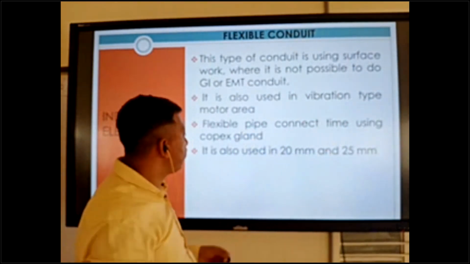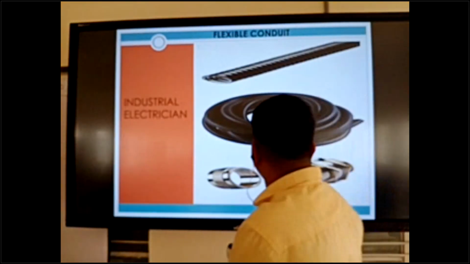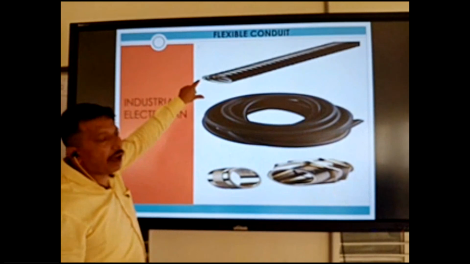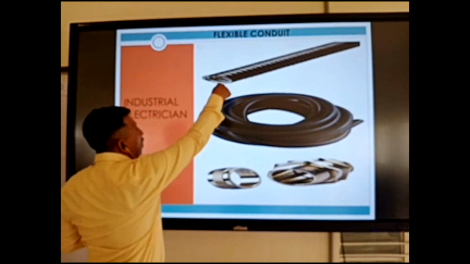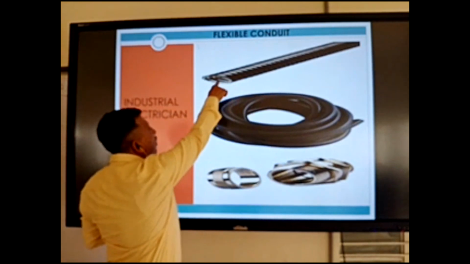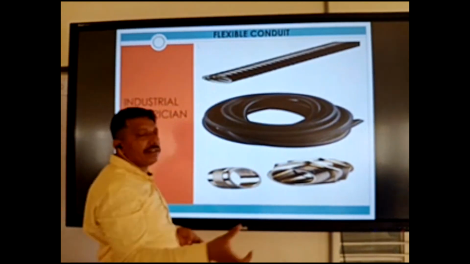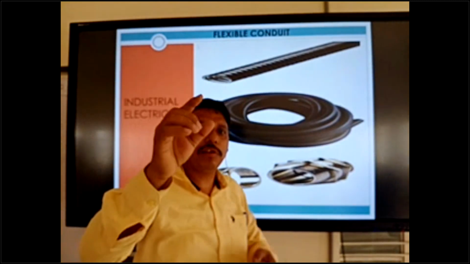Same size, no change in size. Okay. So this is the flexible conduit. Metallic flexible conduit, not the PVC flexible conduit. We can use metallic. PVC is not used. Metallic means there is steel inside.